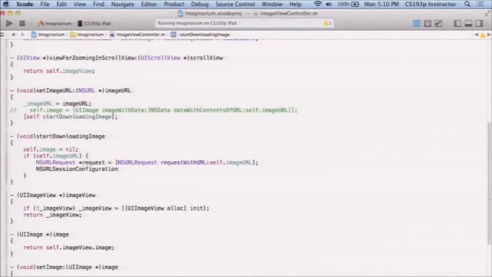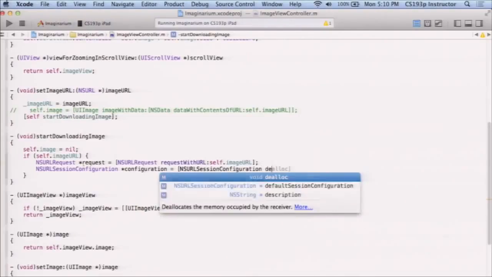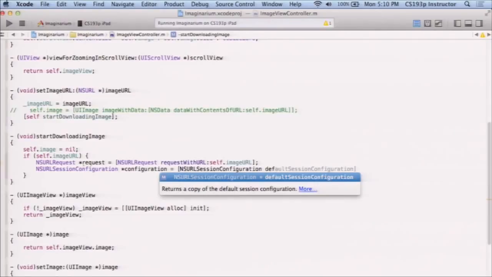So let's do this URL session configuration thing, which I kind of hand waved in the slides. But the configuration, really, there's 3 different kinds of configurations you can have. It's pretty simple. One is an ephemeral session configuration. That's just if you're going to download something and you're going to be done. And that's exactly what we're doing. There's another one which is default session configuration. That means you might be downloading multiple files or otherwise keeping